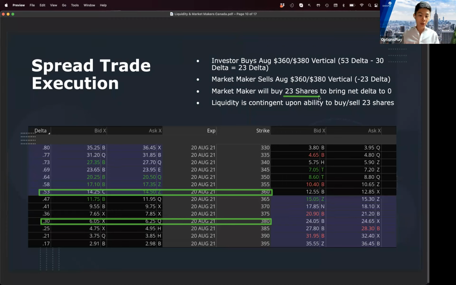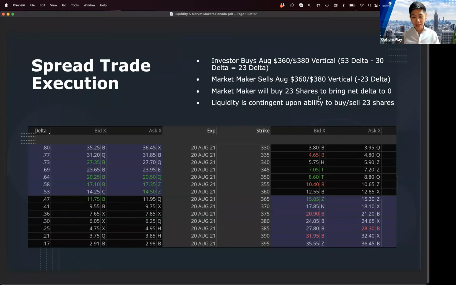So think about it. What's easier to buy, 53 shares or 23 shares? Obviously 23 shares. And that's why multi-leg orders many times can actually get better fills than single leg orders, regardless of the fact that it has lower open interest or volume. None of that has anything to do with it. It all has to do with their ability to buy and sell 23 shares. If they can buy or sell 23 shares of this particular stock, they should have an ability to execute your